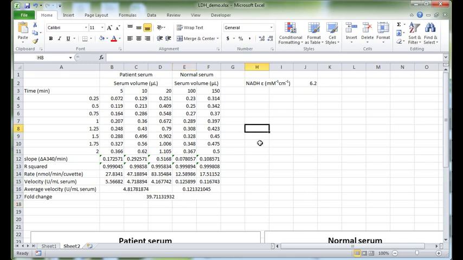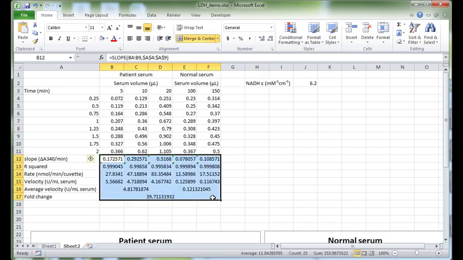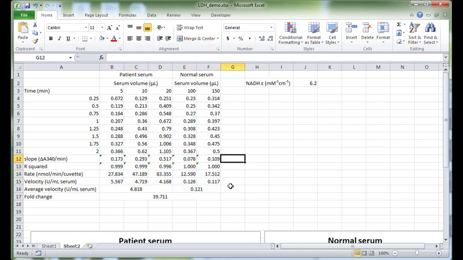So just one last little formatting issue here. What we can do, not absolutely necessary, but you notice that there are a lot of decimal places, a lot of significant figures around in these calculations. So what we can do in Excel very simply is to use these buttons here, increase decimal and also decrease decimal, to change the number of decimal places that actually show. So if we click decrease decimal, what you'll see is that as we click it, it will very easily allow us to reduce the number of decimal places shown, just to make our numbers look a bit